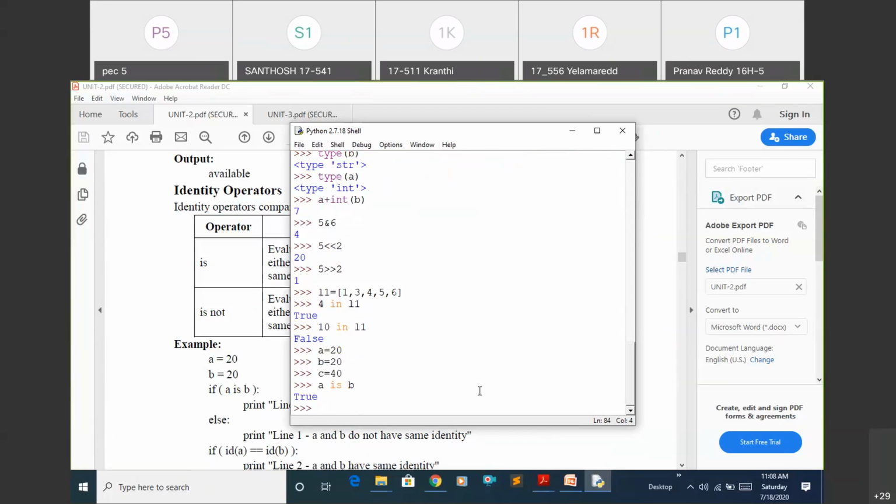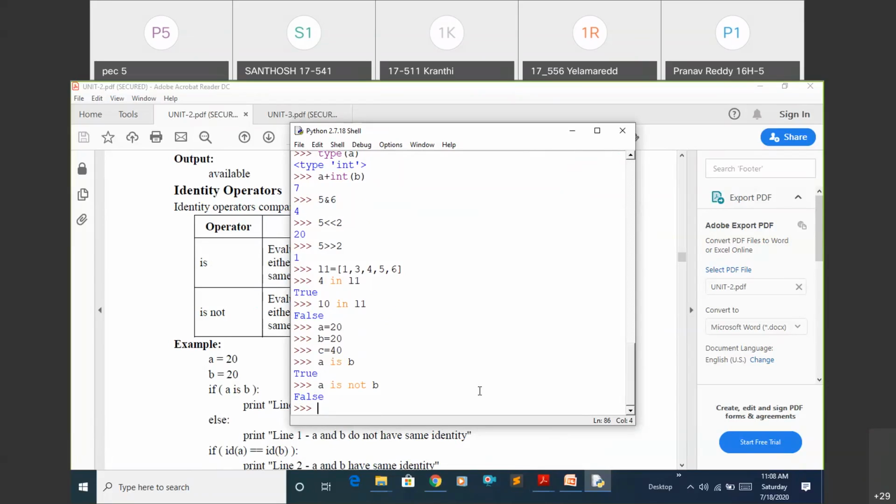True means both the variables are pointing to the same object. Suppose I use A is not B, you will get false because I'm saying that both are pointing to different objects. But in our case, both are pointing to the same object. The condition is false.